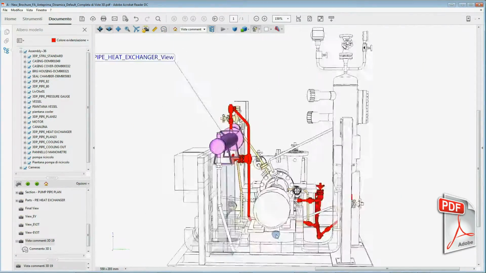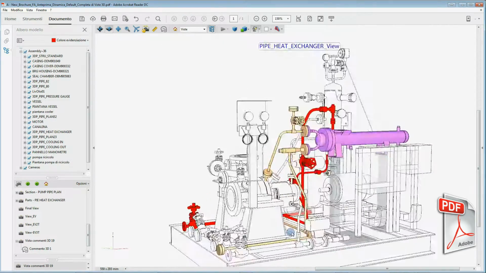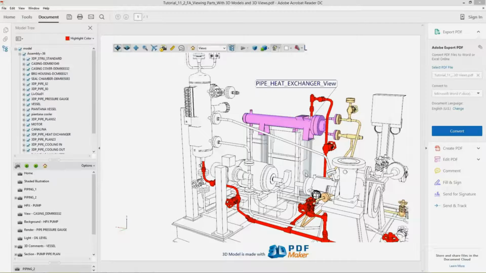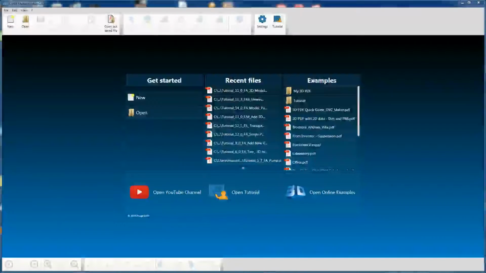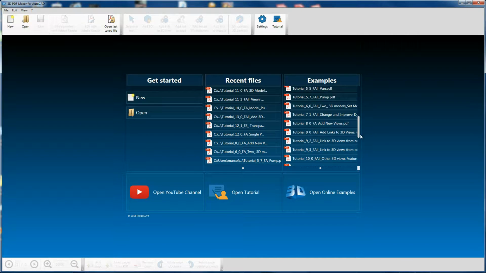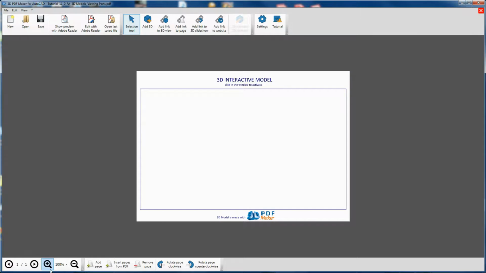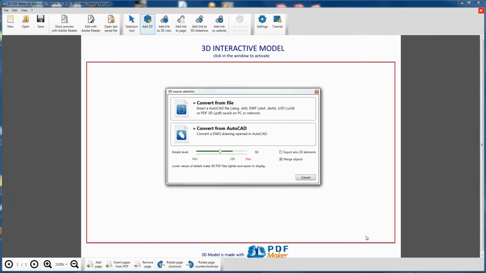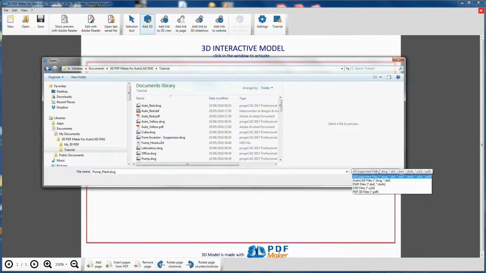To learn working with the parts and create views with these properties, as always we will make use of the files from the tutorial. In the tutorial, open the file tutorial 11.0 and zoom it in properly. Click Add 3D. Select an area as big as it is indicated and, without changing the default settings, click on Convert from File and insert the project